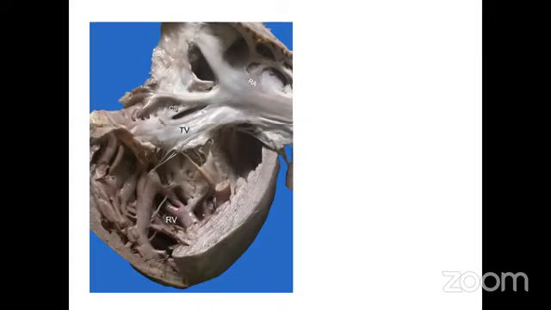So this we call a true atrial septal defect. This was a 47-year-old patient who presented with dyspnea on exertion. He had congestive cardiac failure, and at autopsy, we discovered a large atrial septal defect, which is called